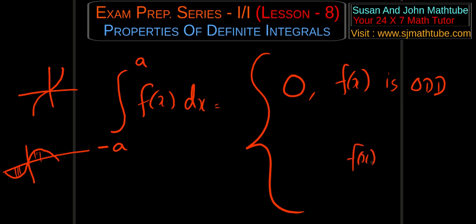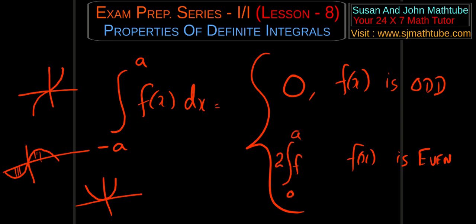And suppose f of x is an even function. What sort of function? Yeah, even function means it will be symmetric about the y-axis. Then all you have to do is add from 0 to a and multiply by 2. And that's it. I have to explain one more property, which I'm not doing now, because in the next video